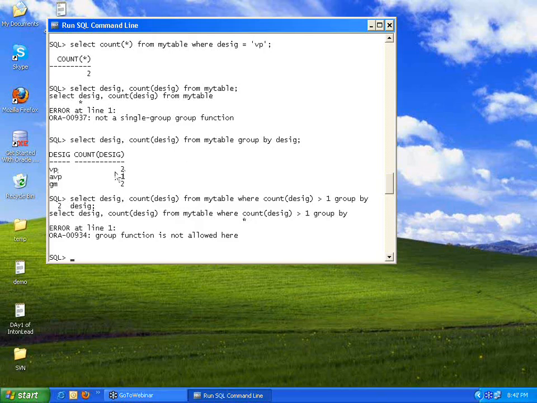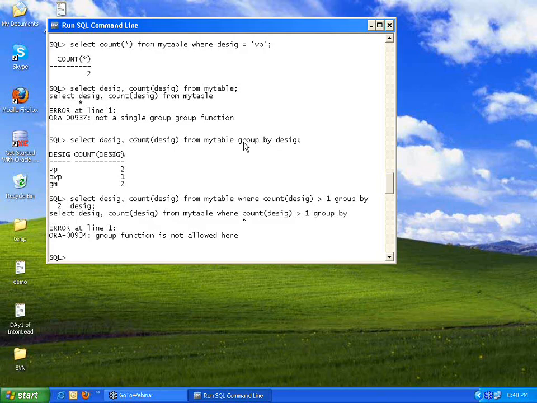This is an aggregate function. This is a normal column value. If you use any aggregate function along with the column name, you necessarily have to have group by. If you don't give group by, it will give syntax errors like this. The moment you use a single column and another aggregate function, you must have a group by.